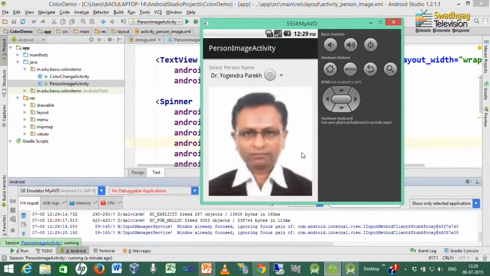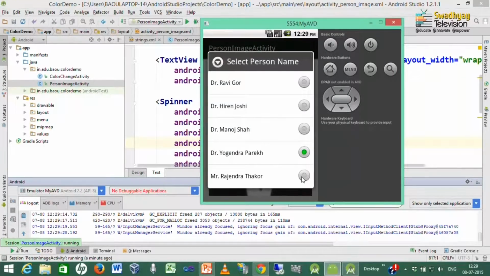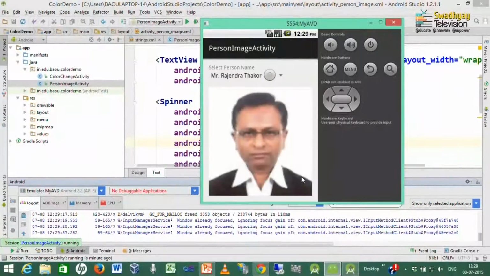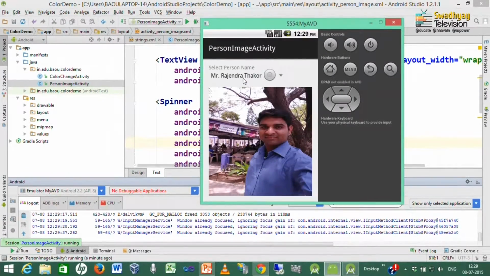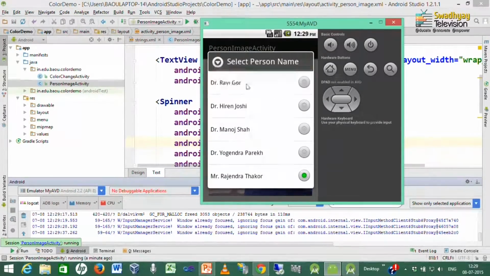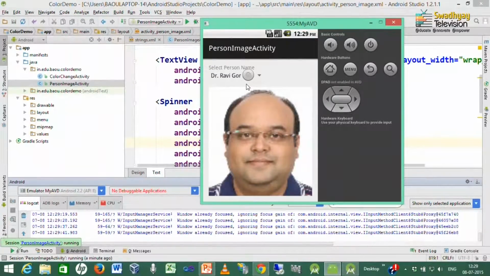So, here I am displaying different persons' images by selecting from the list. So, here you can see that we can fetch images from resources.